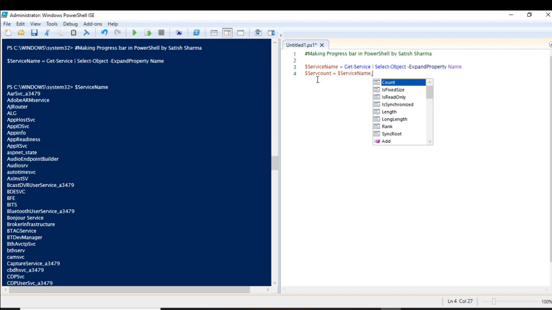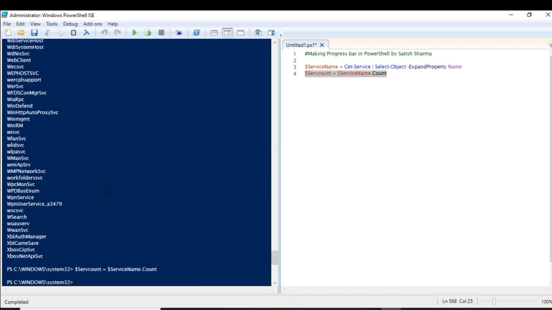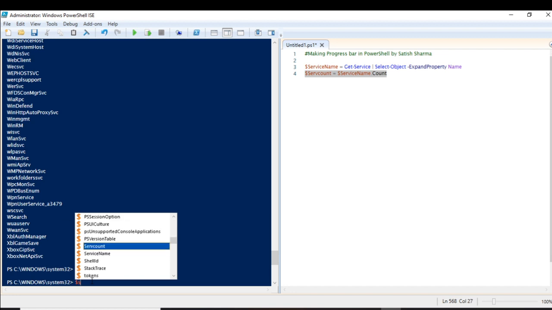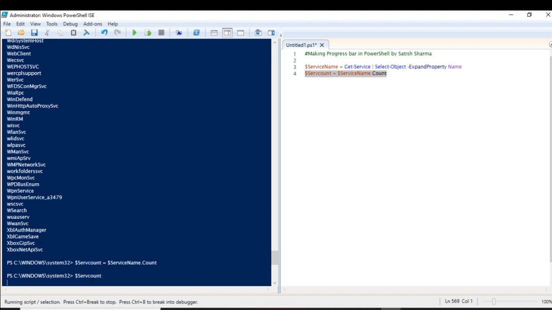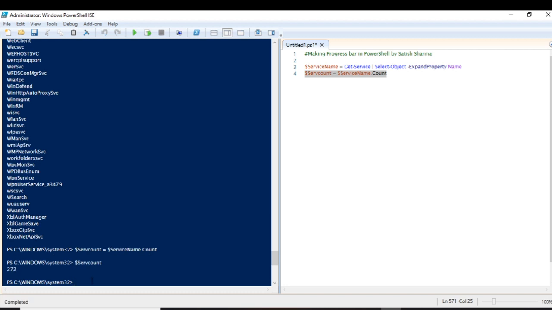And how to do that? By writing this and using a property called Count. This will give us the total count, which is 272. So we'll be using this.